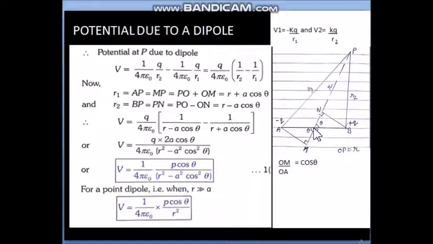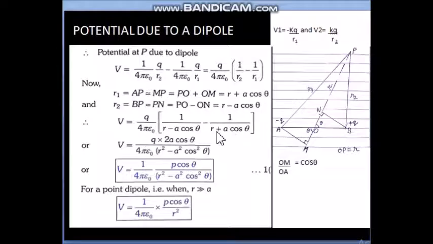Carefully look at the diagram and understand that NP we have to calculate, and from OP, ON is subtracted. Now like we calculated OM value as A cos theta, ON value will also come A cos theta. So finally the R2 formula is R minus A cos theta. These values you can directly learn also, and you can substitute here. So as we substitute, R2 is R minus A cos theta, then minus sign, R1 is R plus A cos theta. Now our target is to simplify this expression.